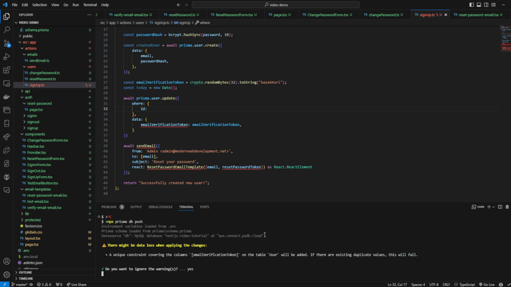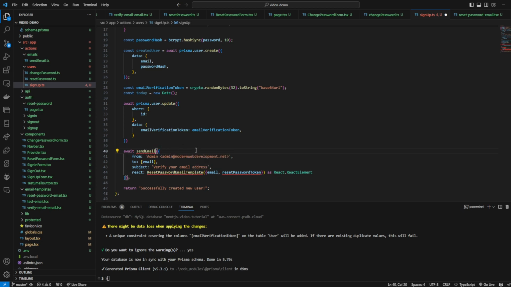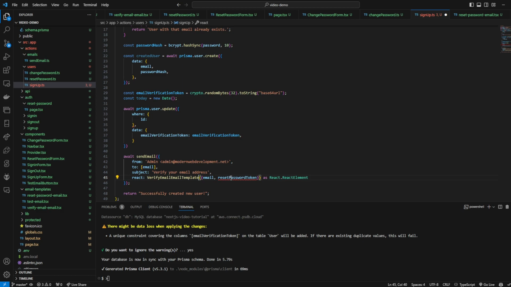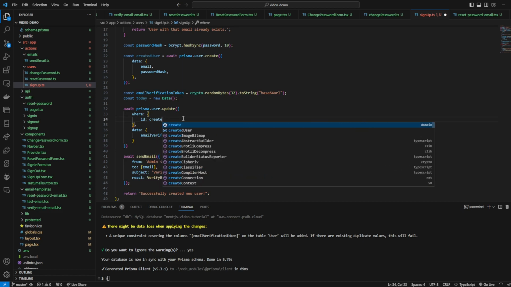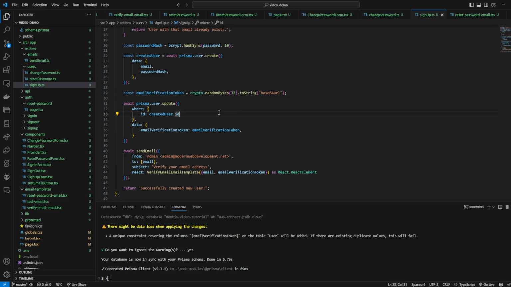And we'll just say yes to this. Now we've got the types resolved, and we'll send the email saying verify your email address. We'll import sendEmail, and we'll also say verifyEmailTemplate, which takes the email and the token that we just generated, like this. The ID should be the createdUser.id. We don't need today. So upon creation of a new user, what will happen is we'll